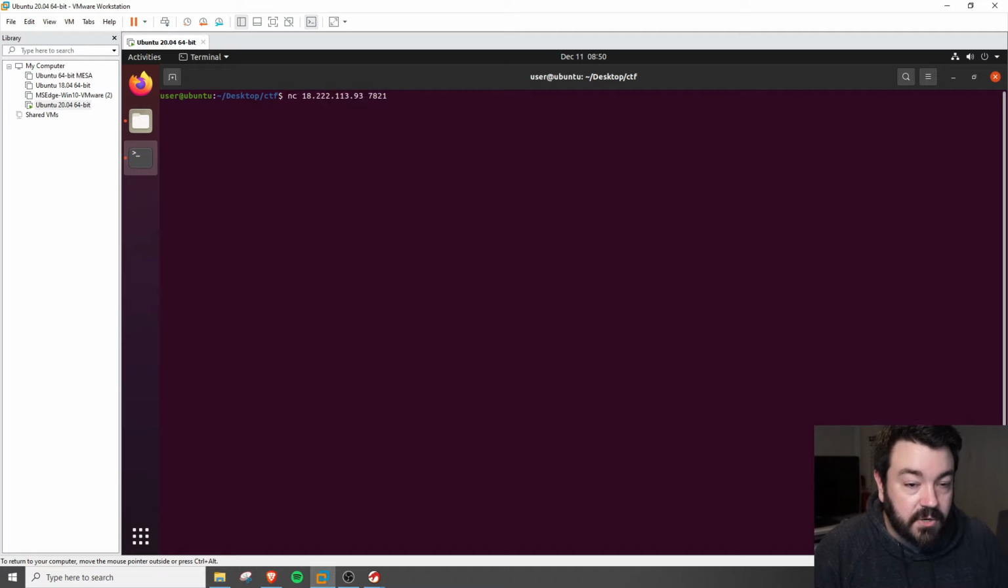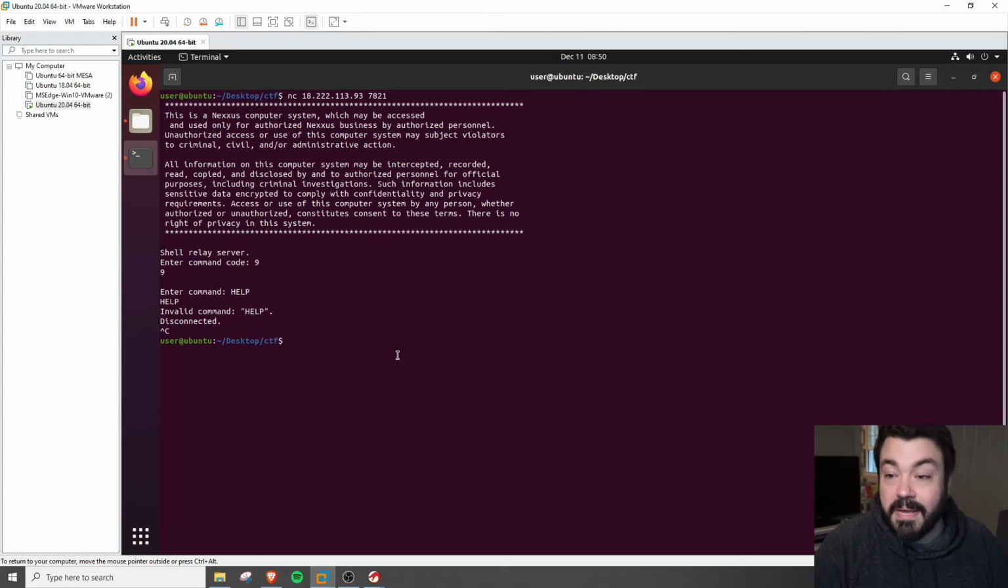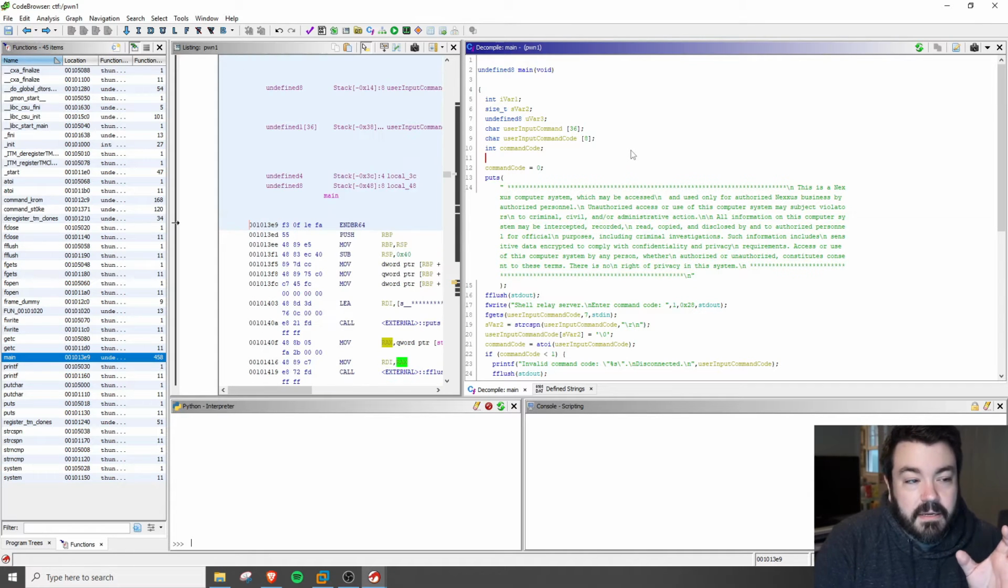All right, so let's go ahead and connect to the challenge. Again, this information was given to us in the CTF challenge. Enter command code 9. Let's go ahead and do something like help, and it tells us invalid command. So let's go see what these valid commands should be. In Ghidra, when we take a look at this setup, I've already documented or named a couple of variables, and this is what we want to